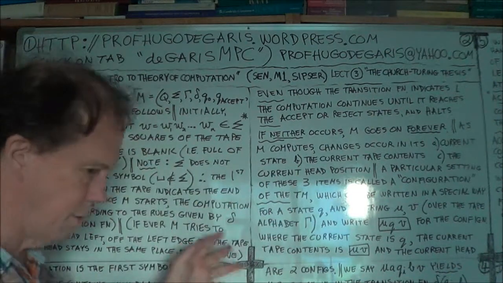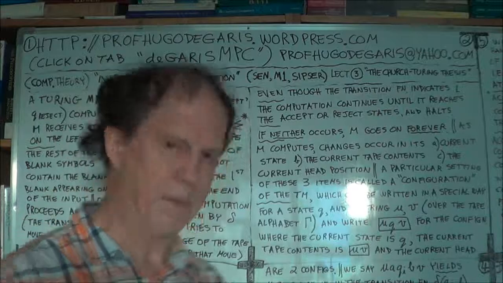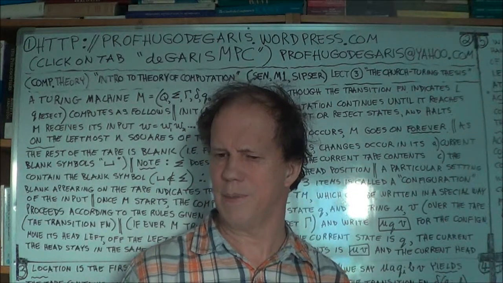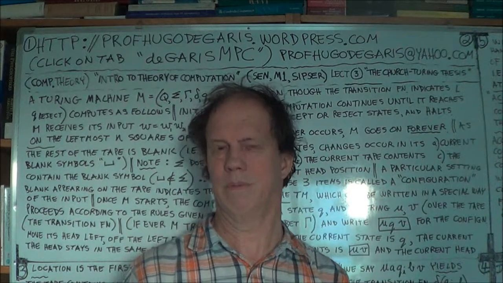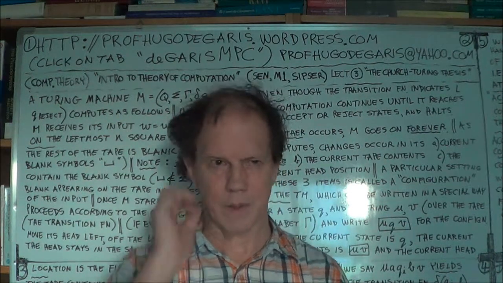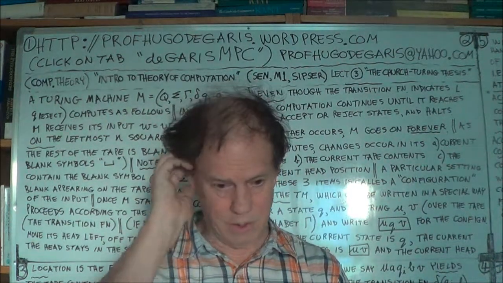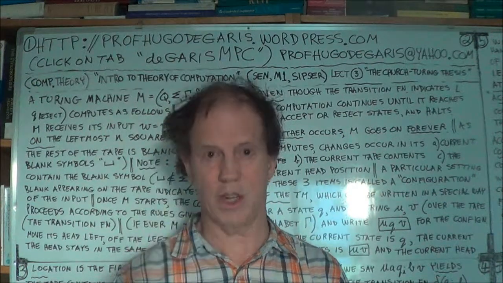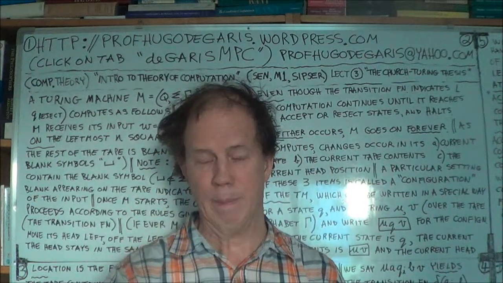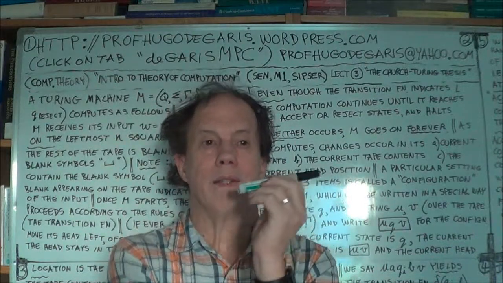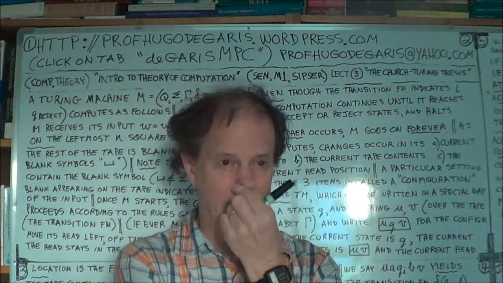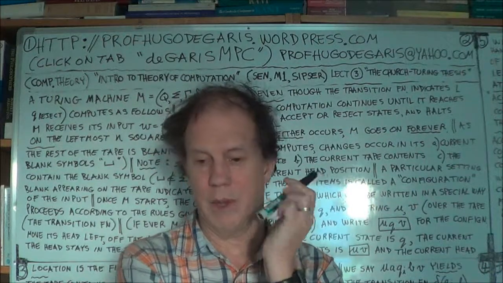Before I do that, there is a little complication, and this is why I'm a bit puzzled by Sipser. Authors of textbooks are people, right? And people make judgments, and Sipser has made the judgment. It was a judgment call, as the Americans say, meaning a decision, that he would start his explanation of a Turing machine by having